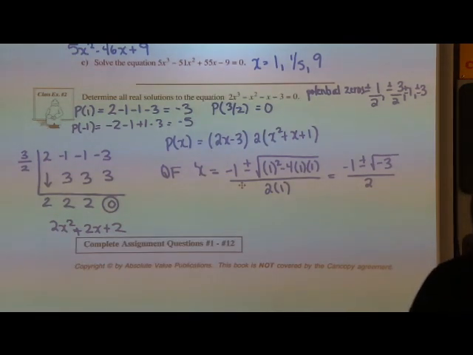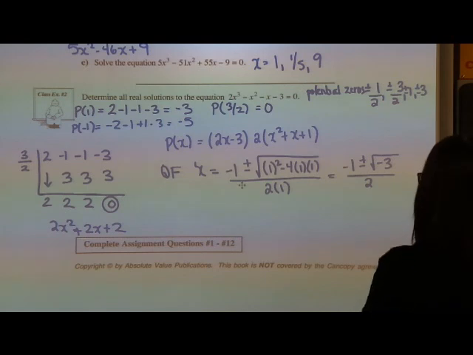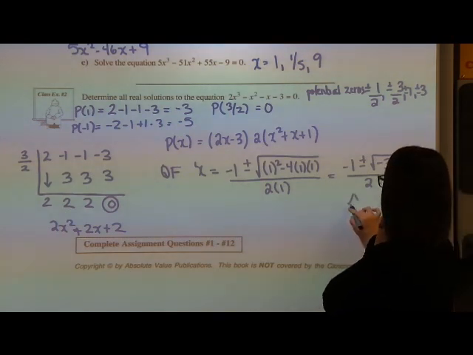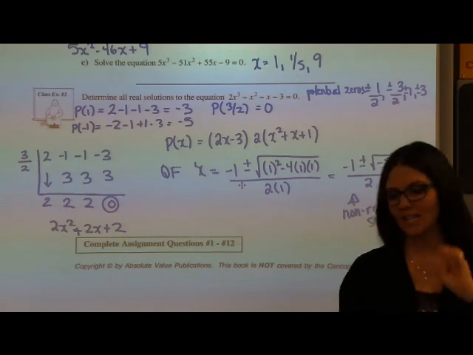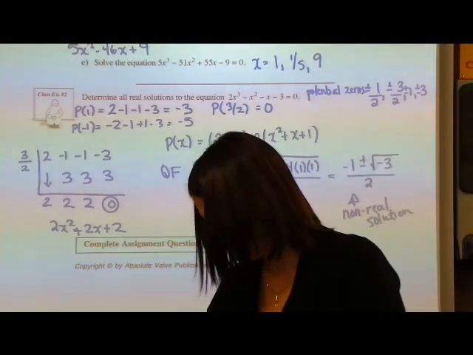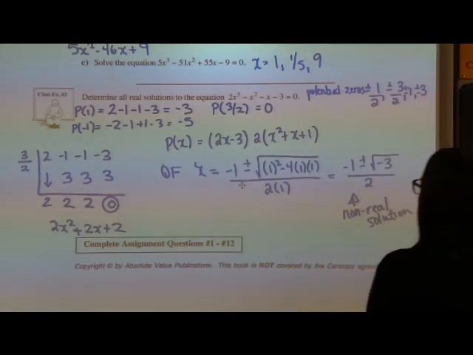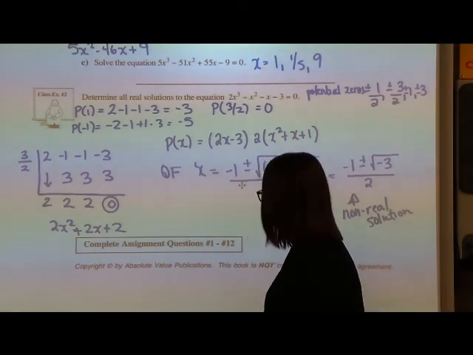Do I have any problems at this point? The negative 3. I can't square root a negative 3, which means this is a non-real solution. And we do not deal in non-real solutions. So the only real solution